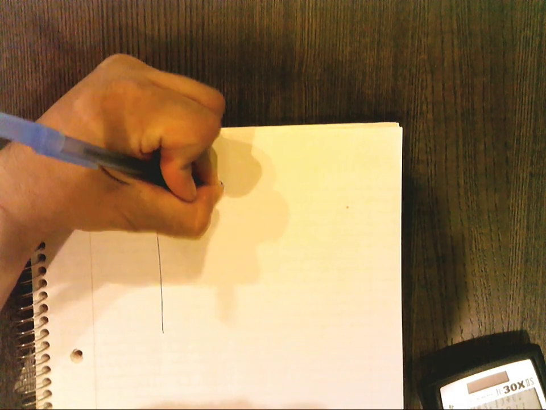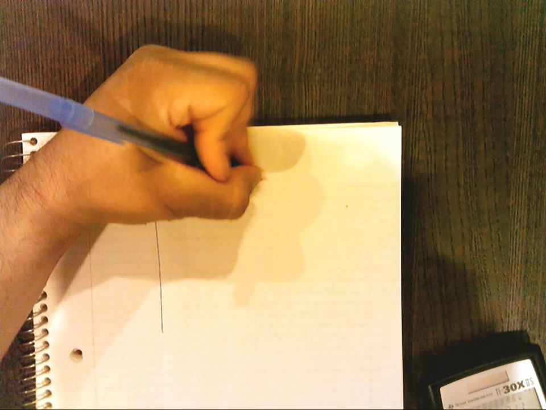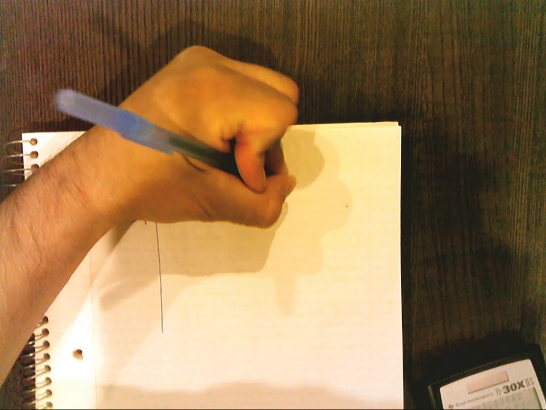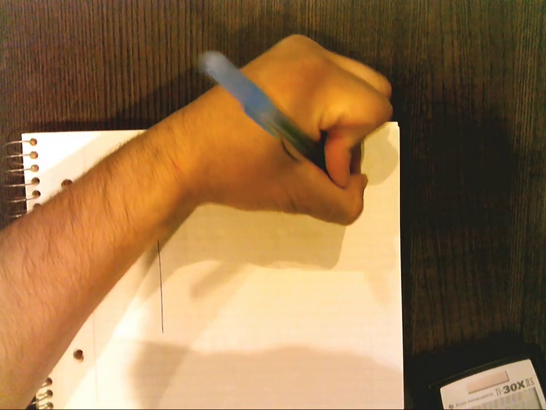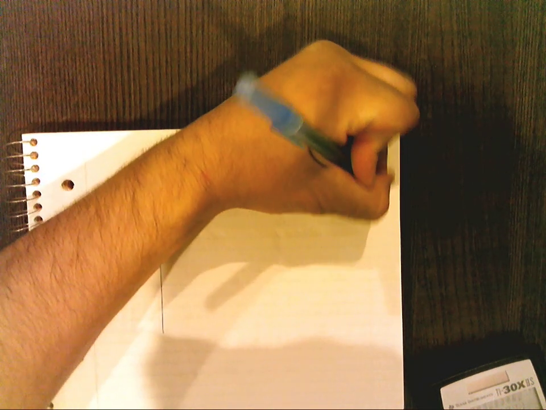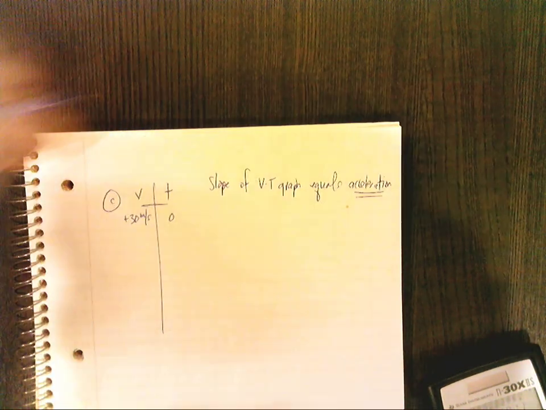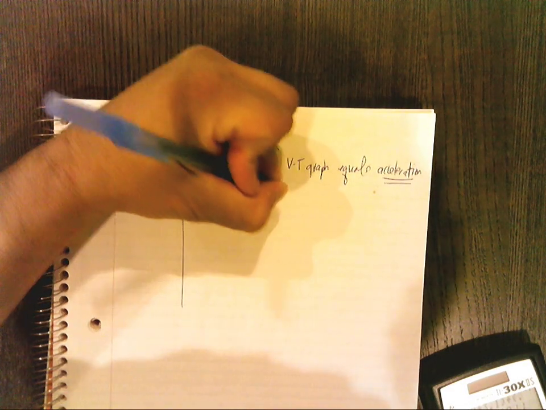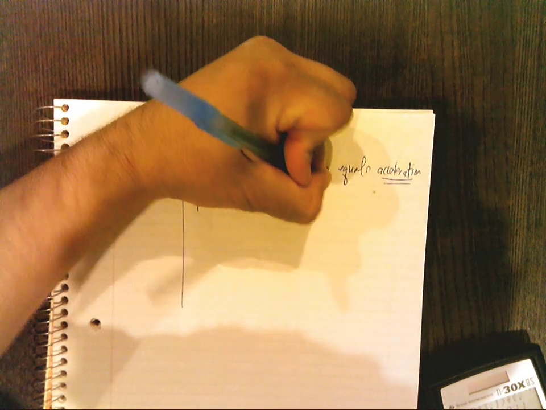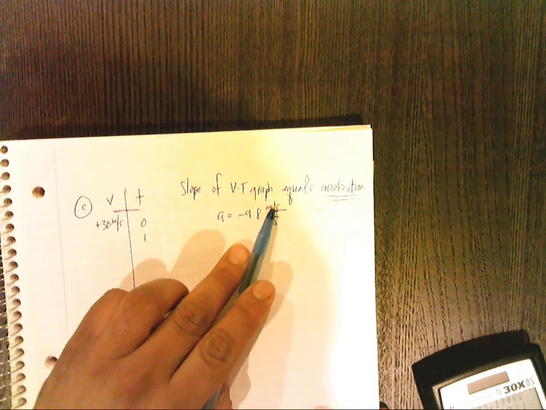And since I do know that the slope of a velocity time graph equals acceleration, yes, my friends, I've repeated this many times, that means that every second I tick, and since my acceleration equals negative 9.8 meters per second per second,